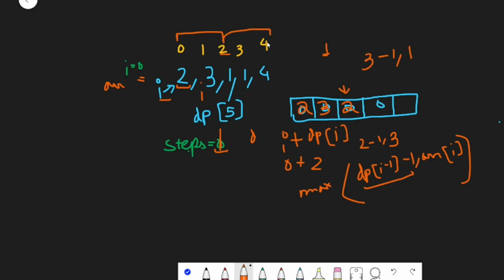So the next maximum jump from here is up to index 4. Currently i is at position 2 and dp of i is 2, hence we are getting 4. So let's move the pointer to index 3.